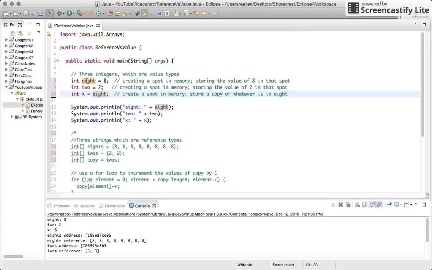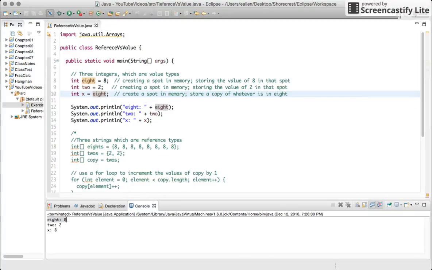So the thing about value types is that each one of these is its own value and can be changed independently. So right now I'm printing these out. My integer 8 is 8, my integer 2 is 2, and x, which is like my copy, currently has a value of 8. So what makes value types different from reference types is that now when I go and I